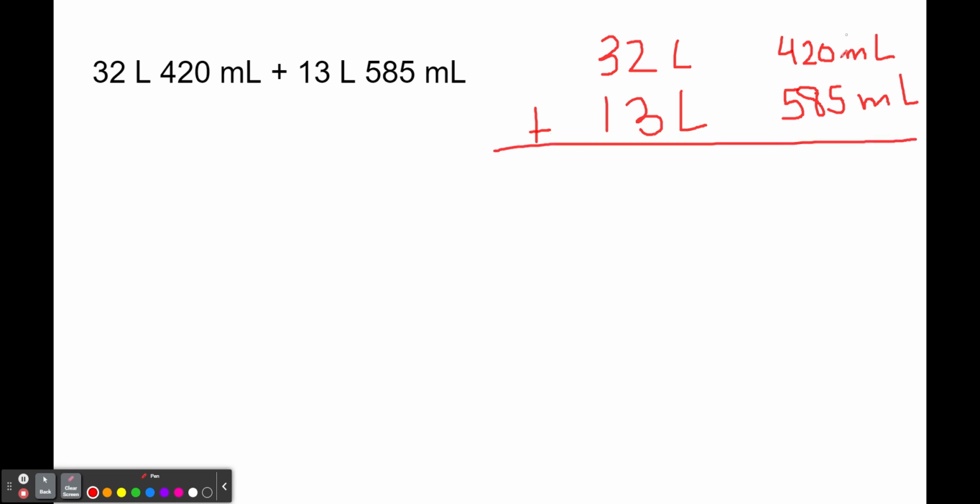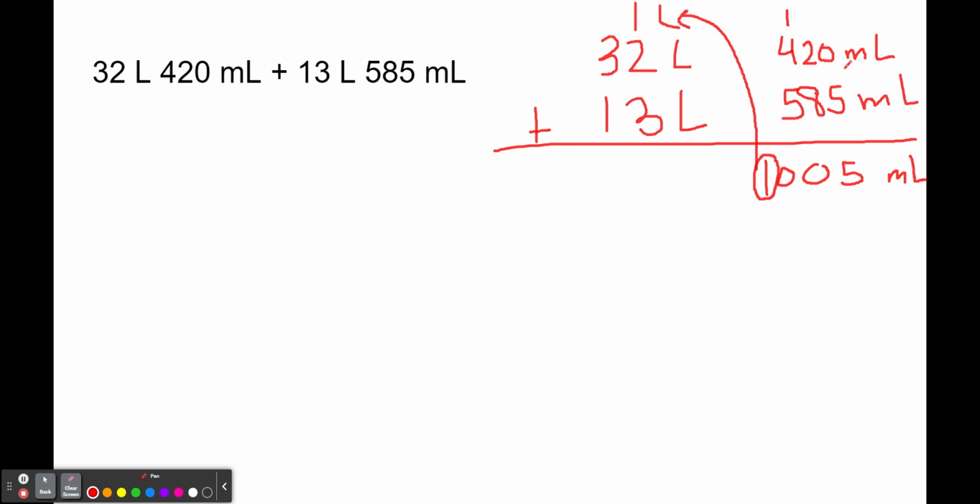So I'm going to start with my milliliters. So if I take 0 plus 5, that's going to be 5 milliliters. 2 plus 8 is 10. I'm going to carry the 1. I have 1 plus 4, which is 5, plus 5 more, which is going to be 10. So I have 1,005 milliliters. Now, I can take this 1,000 milliliters and change them into 1 liter. So I'm going to go ahead and bring it over here, and that's going to give me 1 more liter